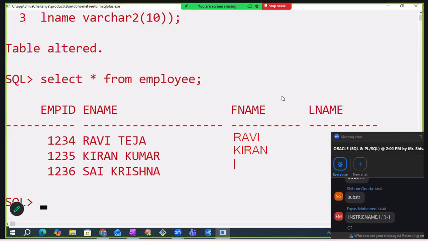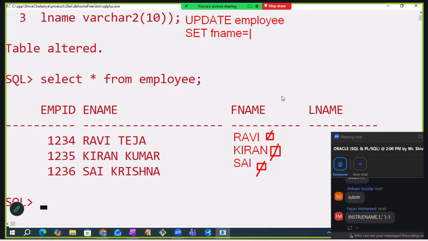Kiran, Sai, like this. So this null modifies to Ravi, this null modifies to Kiran, this null modifies to Sai. To modify the table data, we use the command update. In which table do we want to update? Employee. Set. Which column value do we want to modify? Fname. Fname equals